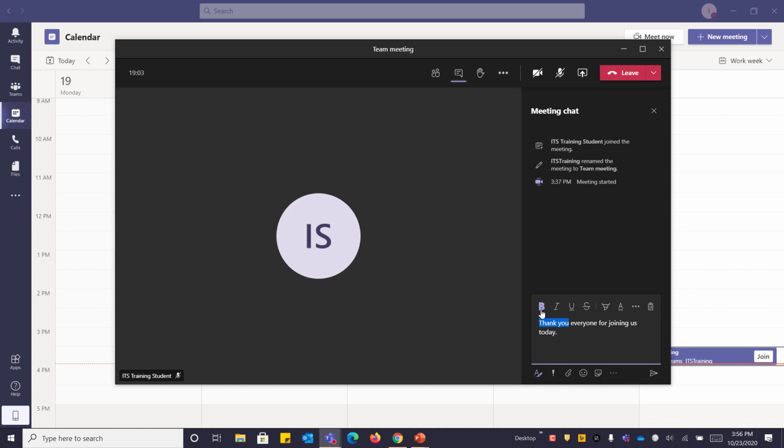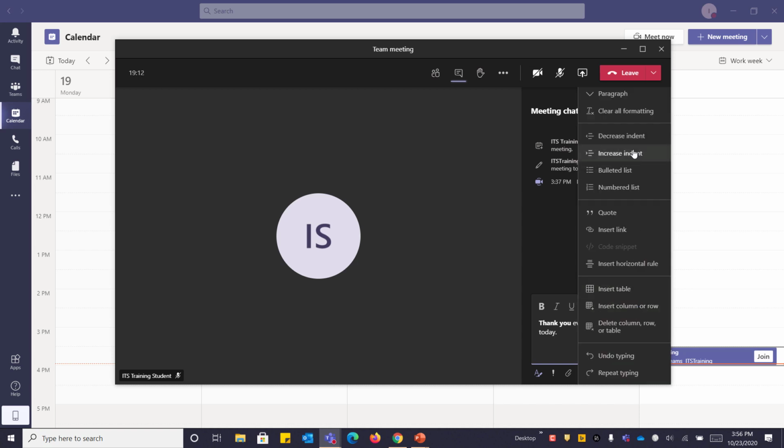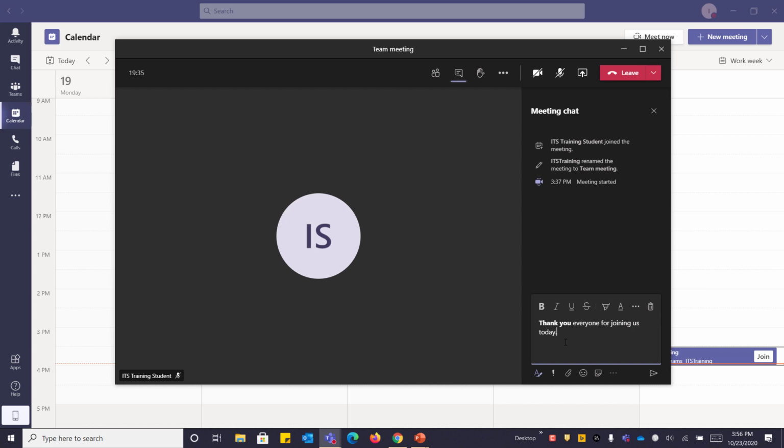I can make any text bold or italic or highlight. If I click the more options here, you can see you have a lot of different things that you can work with. You can undo typing, repeat typing, insert a table, insert a link, or if it's some kind of special quote, you can use the quote option. You can also clear all formatting, use bullet list, numbered list. It's really flexible. So you have all those options.